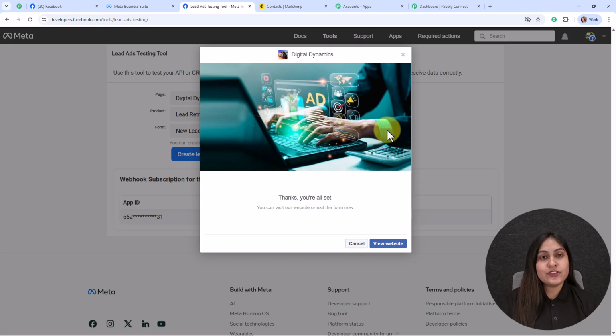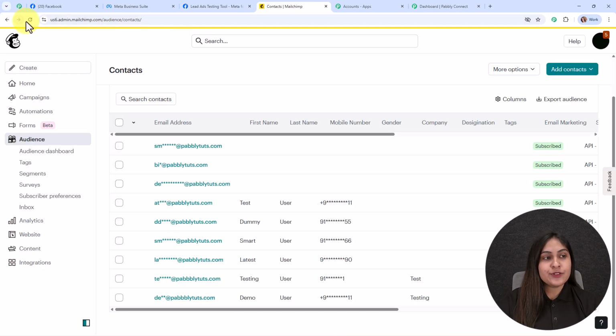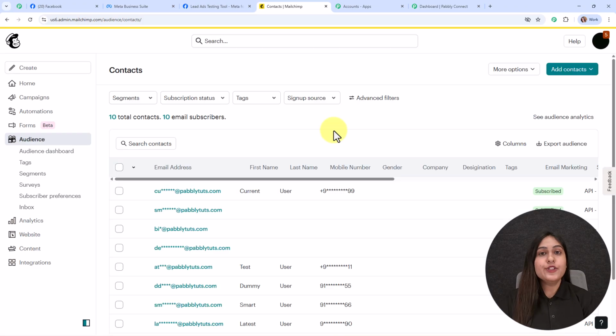Now let's go and check our Mailchimp account. Here I'm going to refresh it. And you can see we have successfully created a new contact inside our Mailchimp account with the email address current@pabblytudes.com. Here you can see the first name and the last name with the mobile number. So with this we have successfully seen the working of this amazing automation. And now in this video we are going to learn step by step how you can build this automation